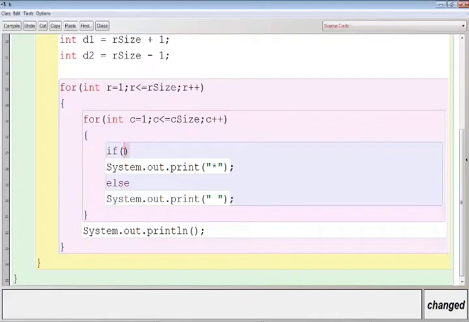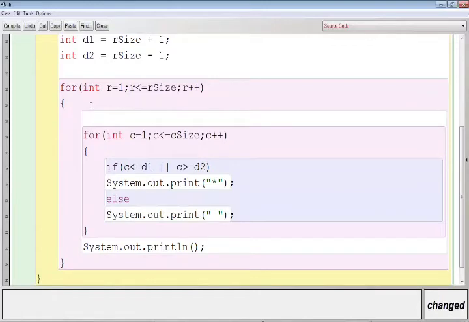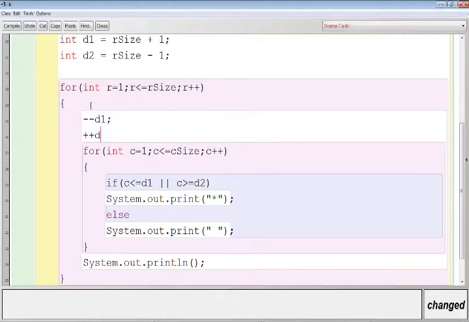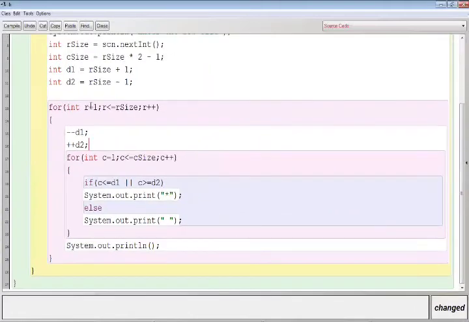The condition in which the stars get printed was c less than equal to d1, logical or, c greater than equal to d2. Now we have to modify d1 and d2: d1 minus minus, and then d2 plus plus. Clear? Now let me decrease the font size and show it to you.